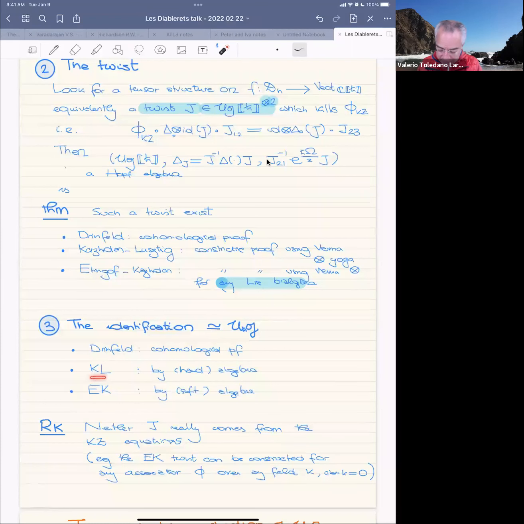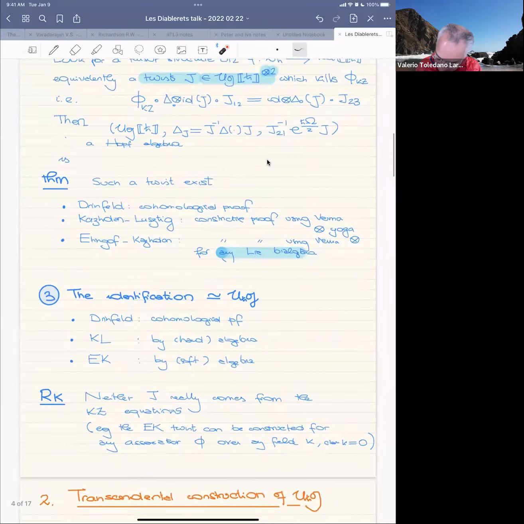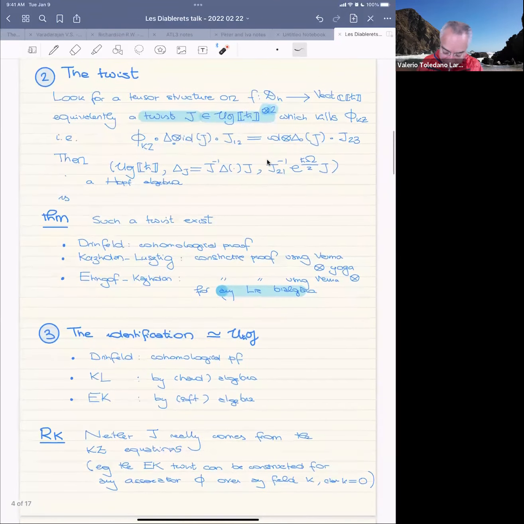Kashdan and Lustig gave a constructive proof by very hard algebra. And then Etingof and Kashdan also gave a constructive proof by a much softer algebra, so much more pleasant algebra. Okay. Right, so this is it. And I just want to comment that in some sense,